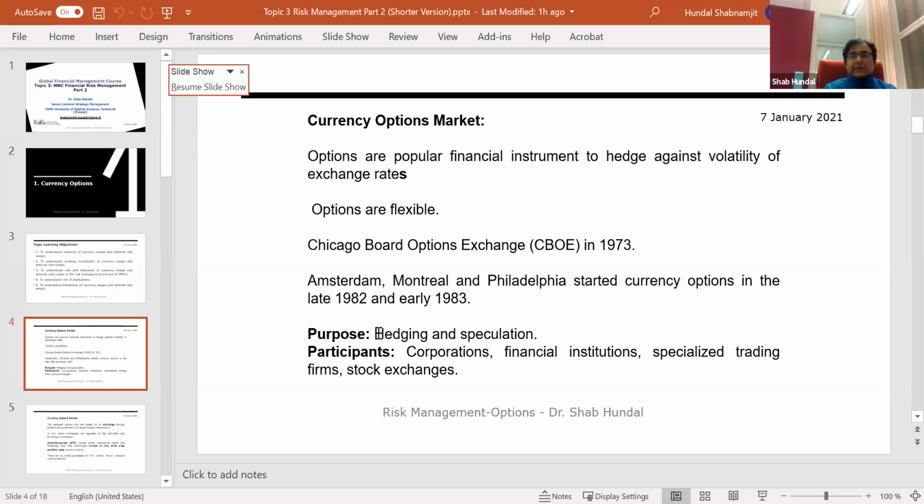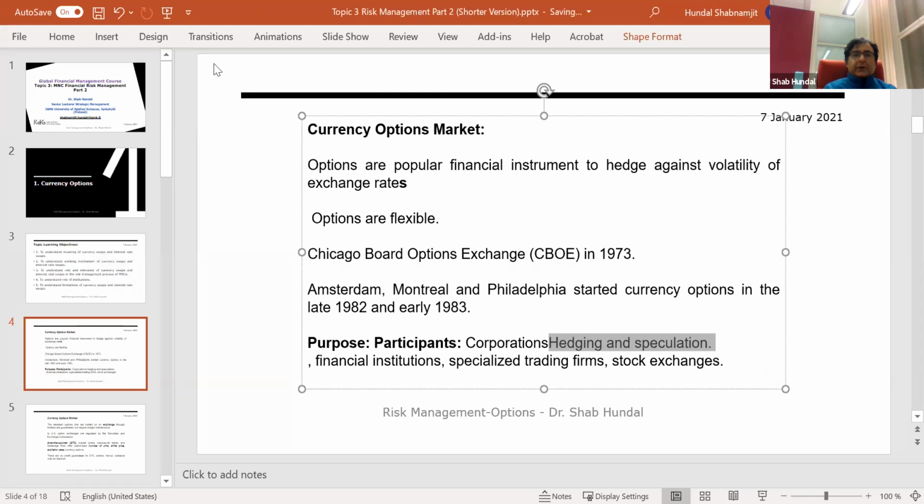The purpose is very simple: hedging and speculation. Hedging means when you are basically